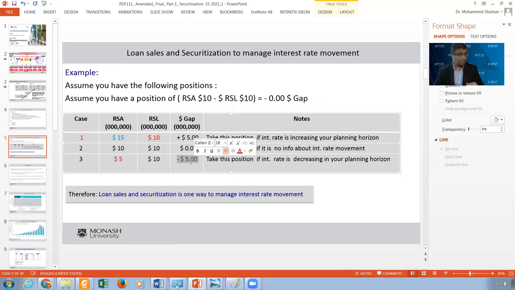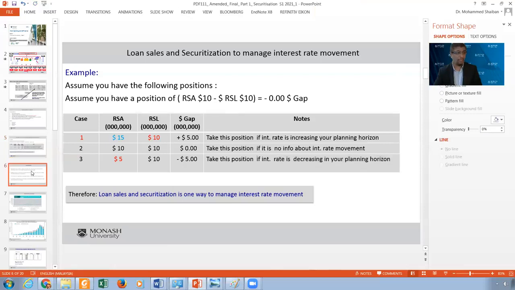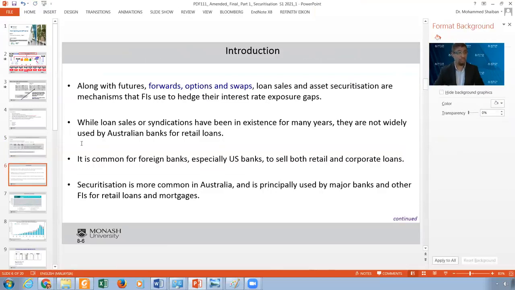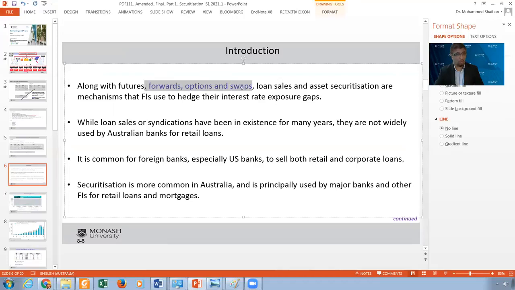If you multiply the negative gap by the decrease, which is negative, in the interest rate, this is a perfect position for me. And overall, this is how we use loan sales and securitization to manage the interest rate risk. Having said that, let me move back to the introduction. And we say now, in addition to loan sales and securitizations, of course, we use what we call the financial derivative contracts like forwards, options, and swaps, and we use loan sales as